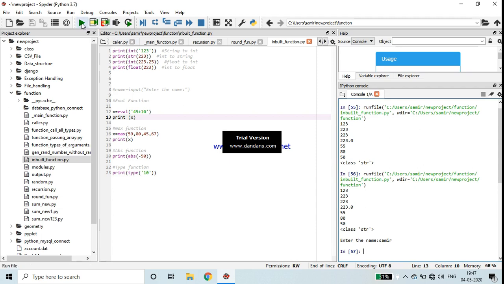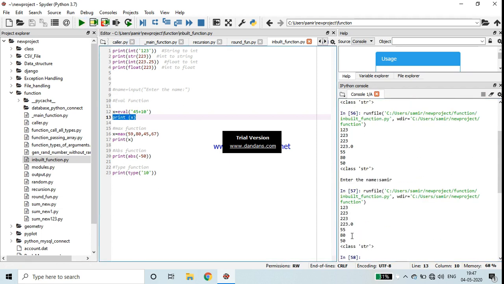Yes, again I am running this. See here, output came 45 plus 10, 55. That means eval function converts the string into numbers. Whatever you write in a string, if some operations are there, those operations will be performed, and the string will be converted into numbers.